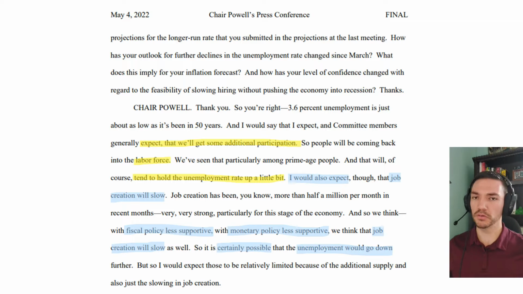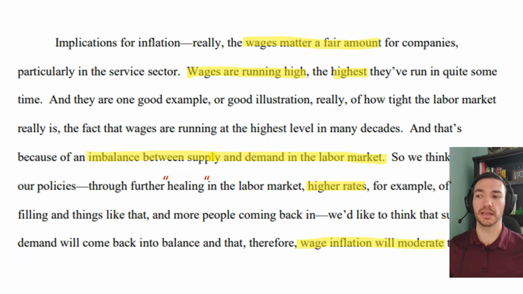And again, they're trying to do this because they're looking at a huge issue they're trying to handle within the labor market, and that's wages. Wages right now are running high. Apparently, they're the highest they've been in quite some time. The reason this is happening is an imbalance between the supply and demand of labor in the market. There's a tremendous amount of demand for labor. There's 1.9 open jobs for every unemployed person, and there's a very, very subdued amount of labor in the labor market. And so with that offset of supply and demand, wages have been on the rise.